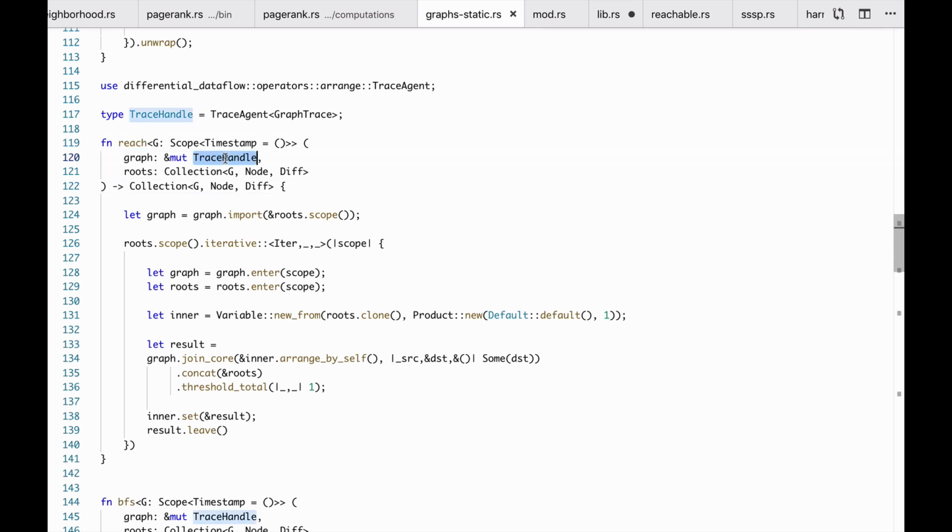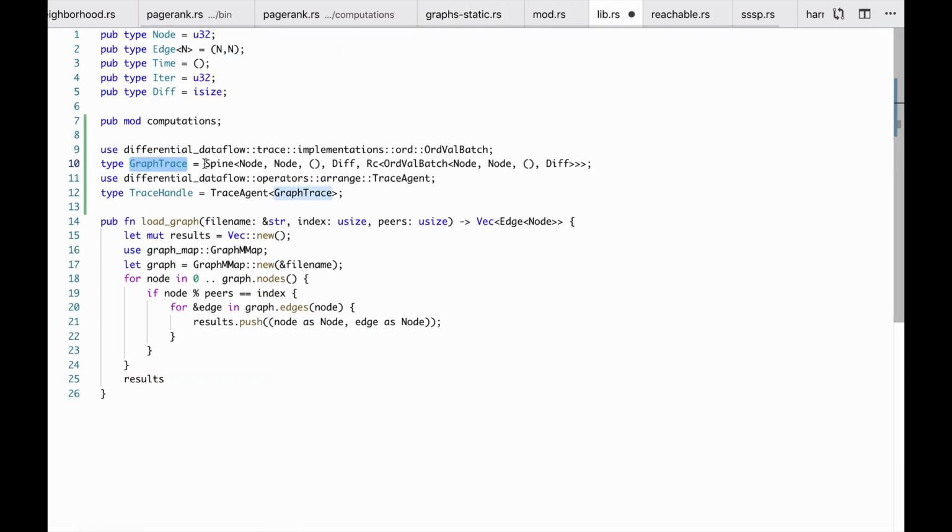If this can only be handed a thing outside of a dataflow, that's annoying, because if we're already in a dataflow, what are you going to do? Whereas the other direction, if this took something that is already arranged and in a dataflow, well, if we're not there yet, we could call import in whatever our dataflow is, and then just hand the imported thing off to this method. So we're going to try that. We're going to try writing something that probably takes a graph trace as an argument. We need to change this time, though, because